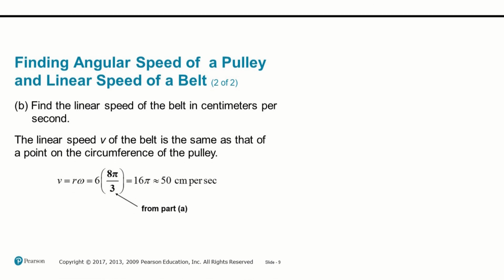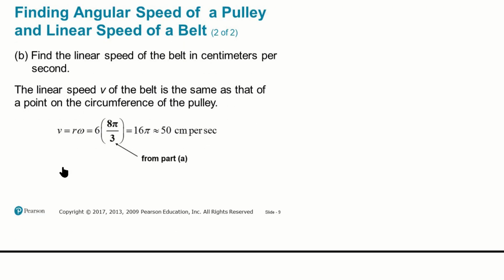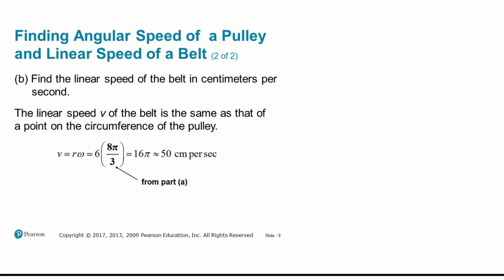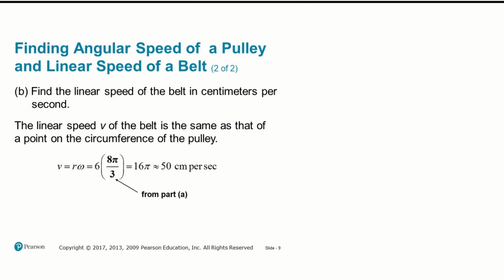Now, that's going to be quite simple actually, because as you know, linear velocity and angular velocity are related. If you look back in the video, you'll see that linear velocity v is nothing other than the radius times the angular velocity. Now we just found the angular velocity, and that was, if you recall, 8 pi over 3 radians per second. So we go ahead and replace r with 6, and we plug in 8 pi over 3